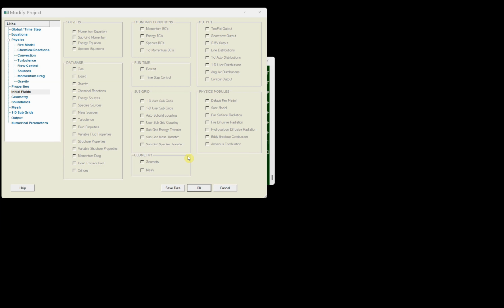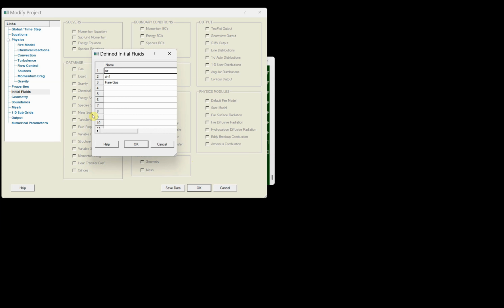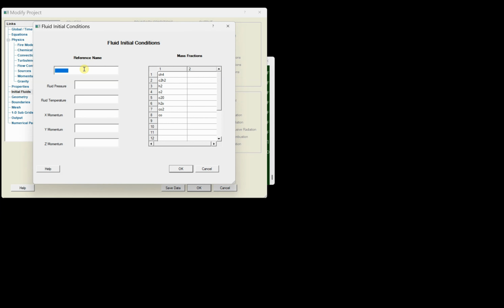Okay, I just realized that there is one thing that I do need to add to the initial fluids. For this particular problem, if you just let it run with the gas sources, it takes quite a while for the blowout gas to reach the flare for ignition. So what I want to do is create an extra bubble. I'm going to add one more gas. So right click add, and I'm going to call this